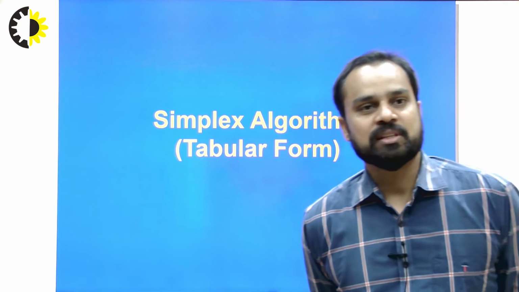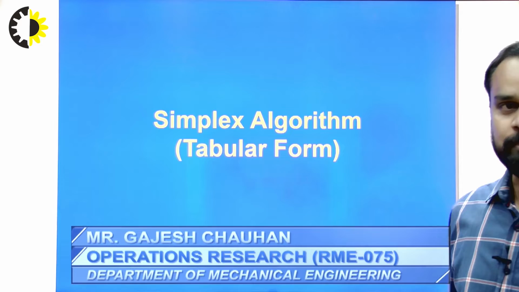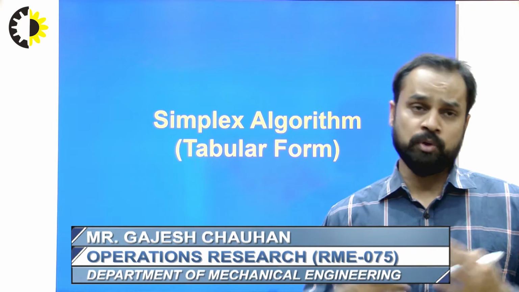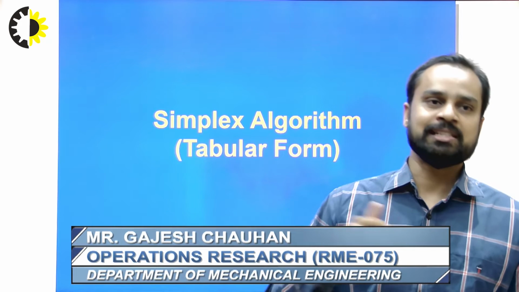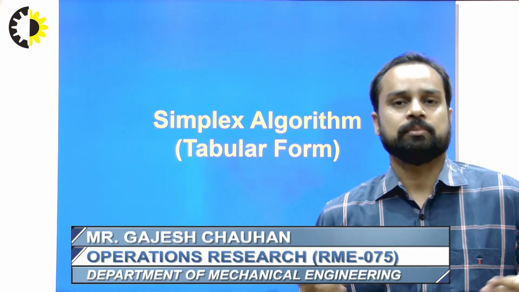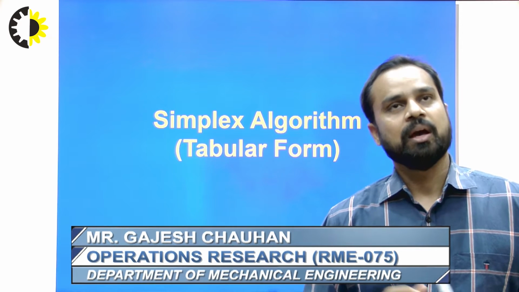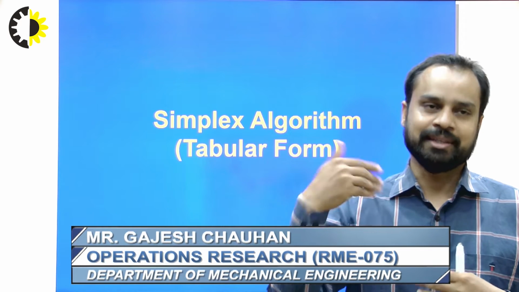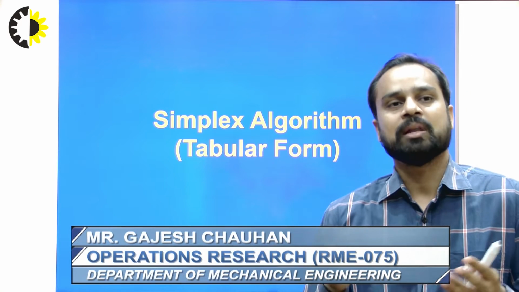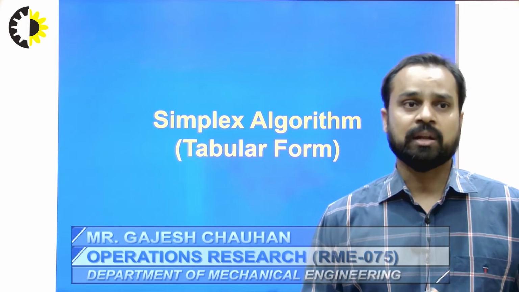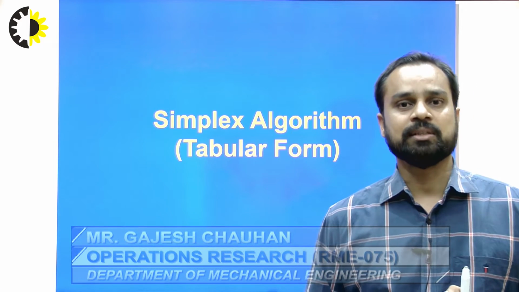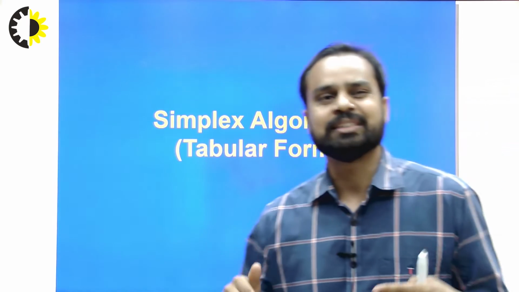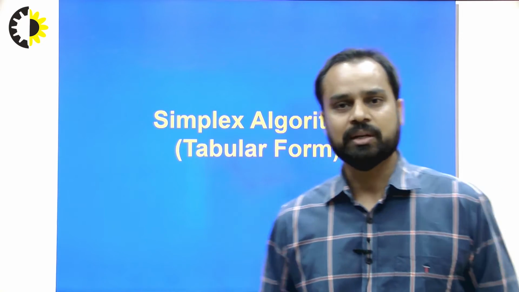Last class we have seen the simplex algorithm and the simplex algorithm in tabular form. Also we have seen how the tabular form is developed with the help of the algebraic form, means how a simplex method is solved algebraically. If we are solving a problem through the algebraic method, definitely it will take a lot of time to solve even a simple 2 by 2 problem. But if we convert it into the tabular form, then it can be solved in a fraction of the time. So it is better to solve with the help of the tabular method.